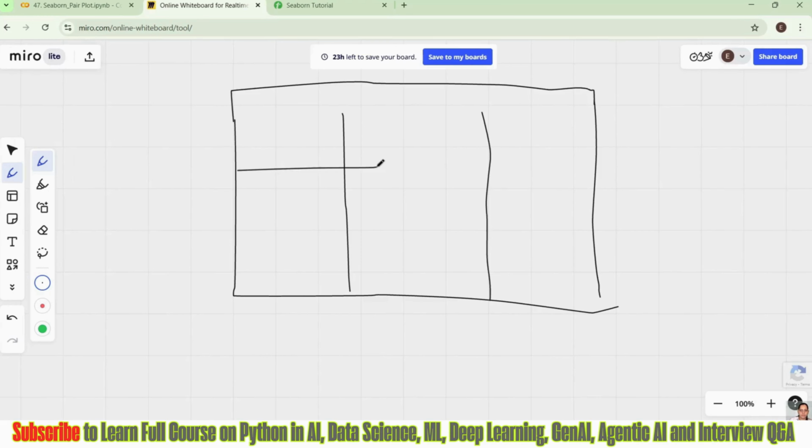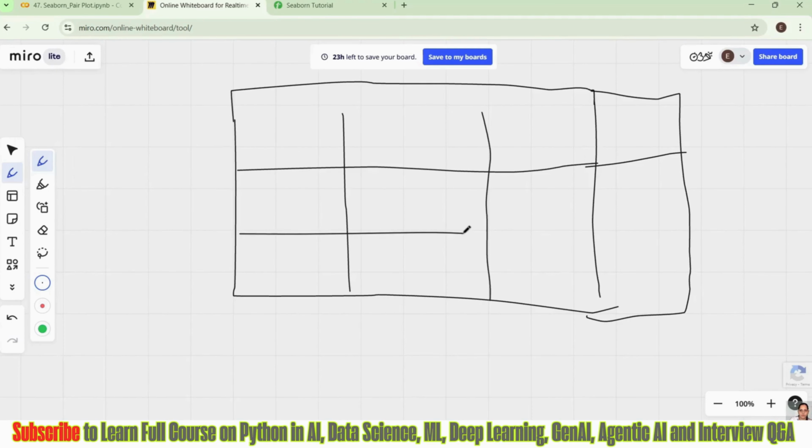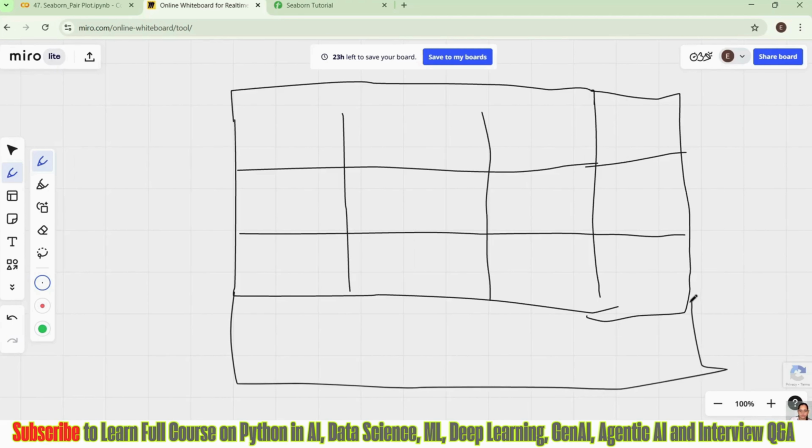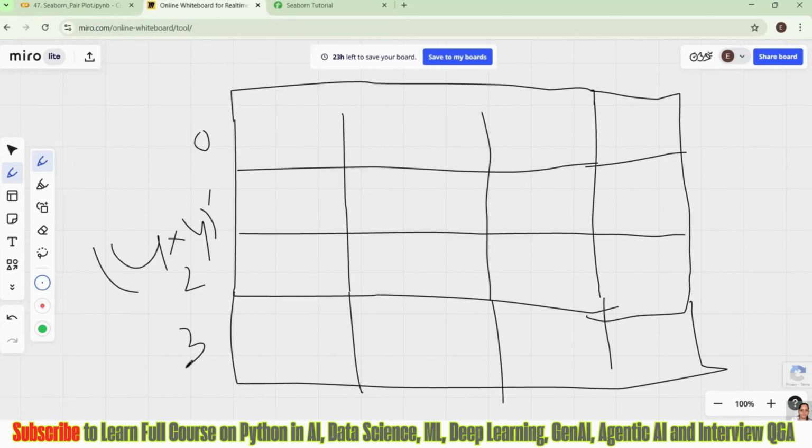This is my 4 cross 4 representation. This is 0, 1, 2, 3, and this is again 0, 1, 2, and 3. So when we are talking about pair plot, guys, here this is 0, 0.